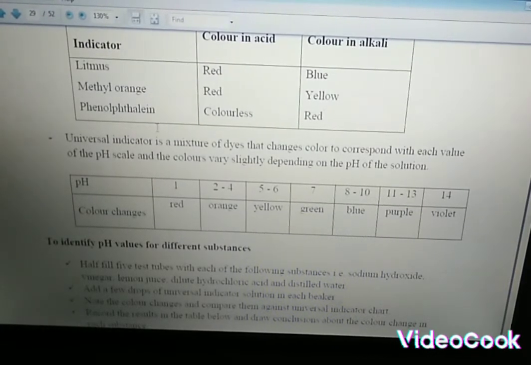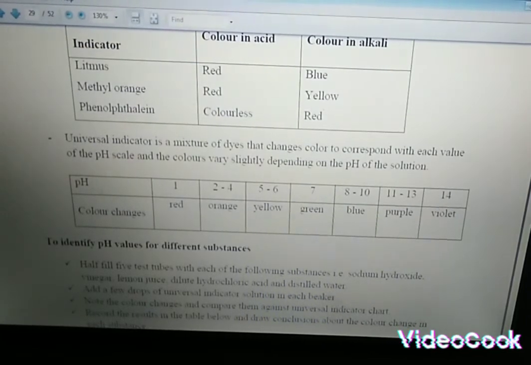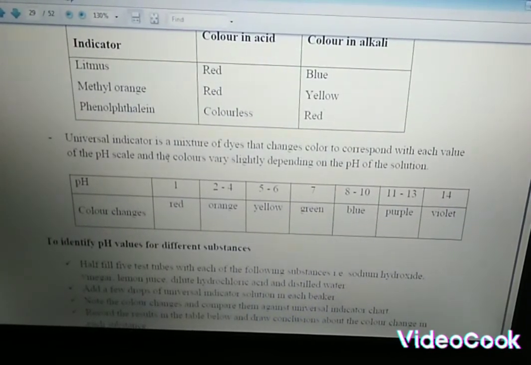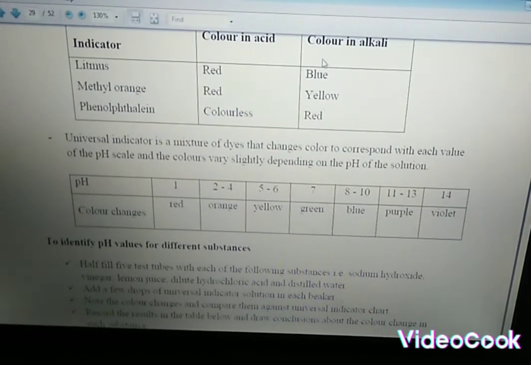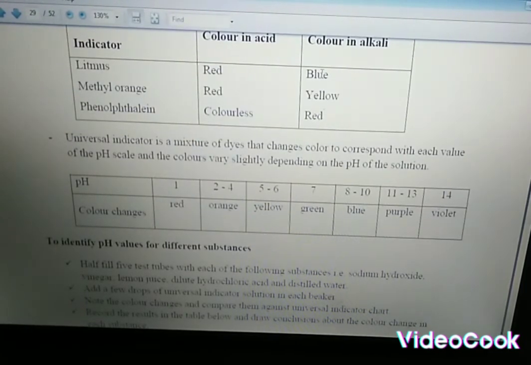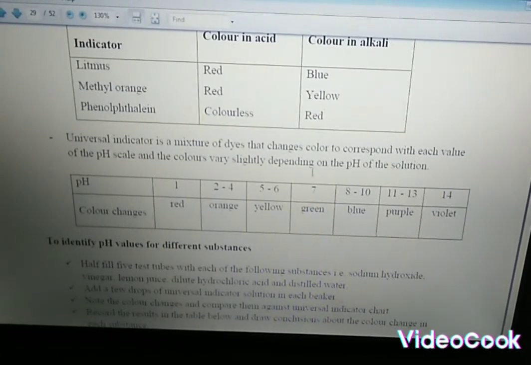And phenolphthalein is colorless, take note, but in alkaline it's going to be red. To master this, the litmus paper and the methyl orange are both red in acid. The only one that is not red in acid is phenolphthalein. And what color is it? It is colorless, right? And in alkaline, it's blue, yellow, red. So this one you have to cram it and